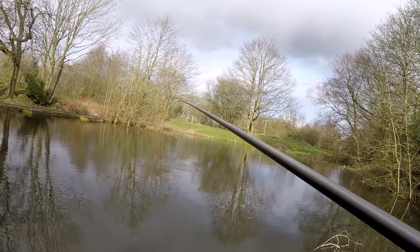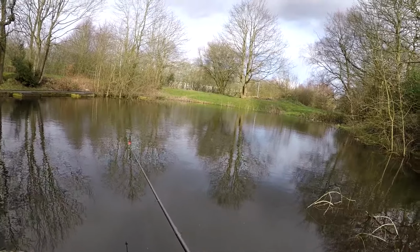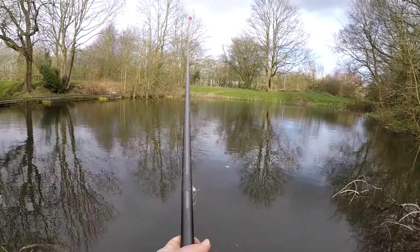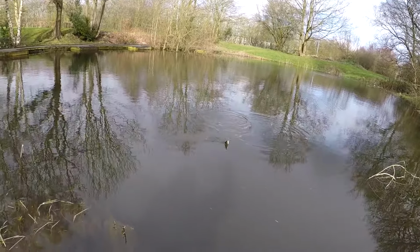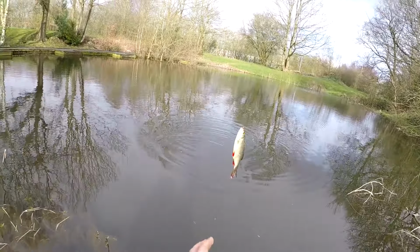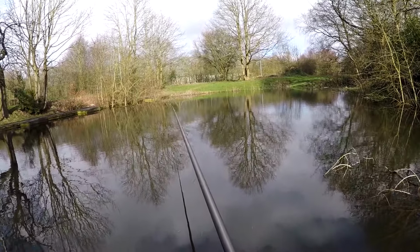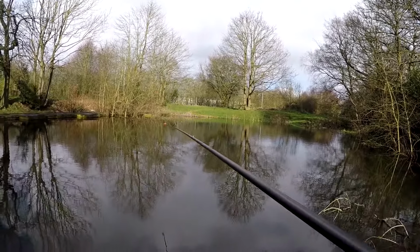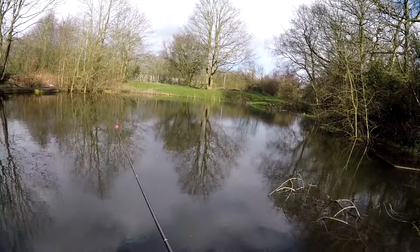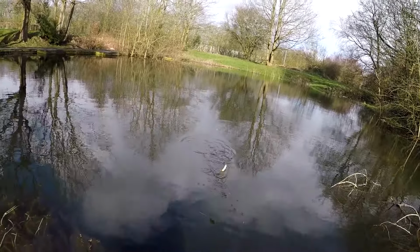So I've just looked into a slightly better one, and it's no surprise that it's come when the float has made its way to the bottom. I say not massive, but great fun. Despite the storms, it is quite mild. I guess that's showing in the fact that we're getting quite a few bites straight away